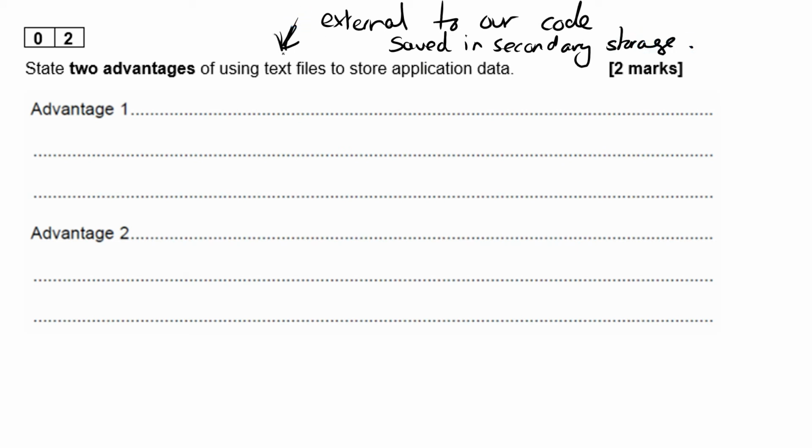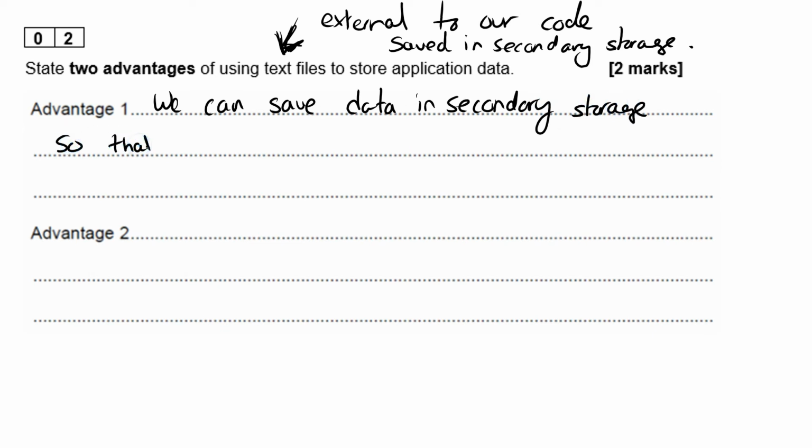So text files are really useful if we want to save data. So we can save data in secondary storage